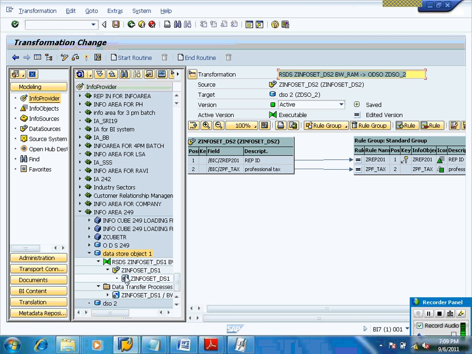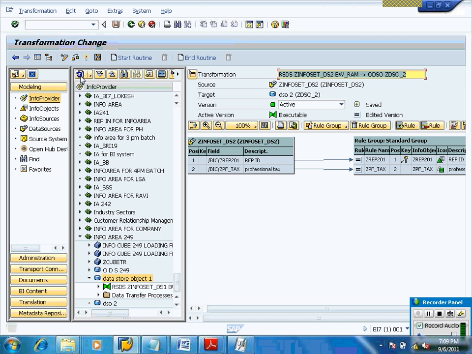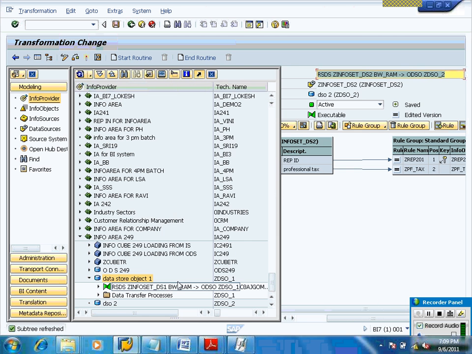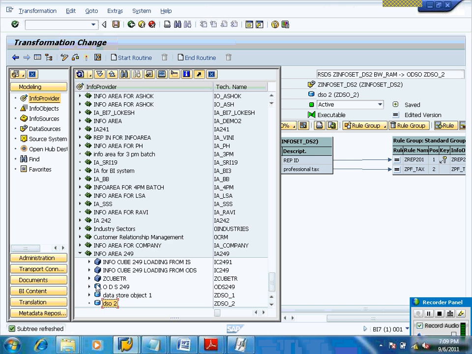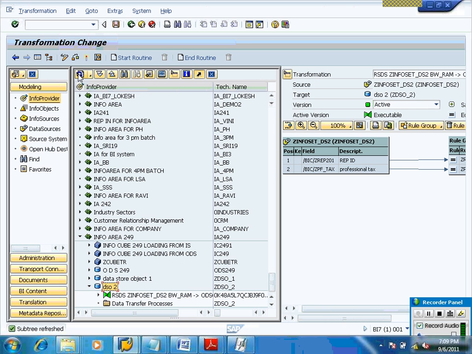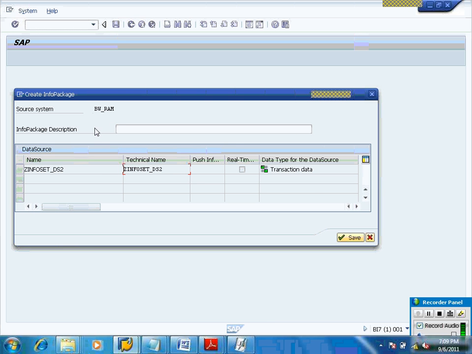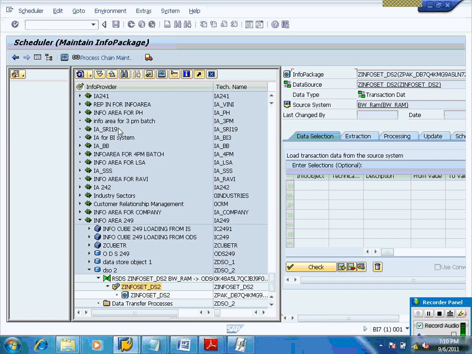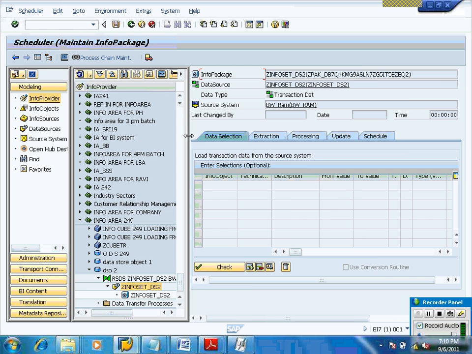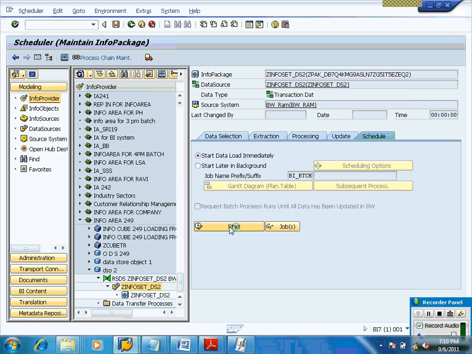Go to info provider. Now you can see for DS42, yes, we have the data flow, and first create an info package, and give the info package name, click on continue, schedule it to start.